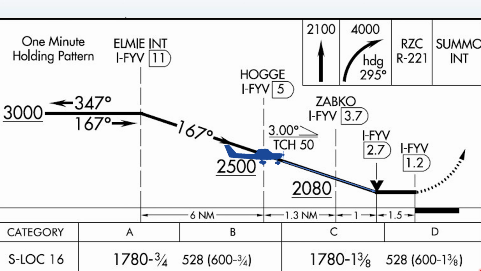But once you get to your DDA, you go ahead and level off at the DDA and then fly forward at the DDA until you get to that missed approach point, in this case 1.2 nautical miles. The only thing that you need to be aware of if you're using this procedure,